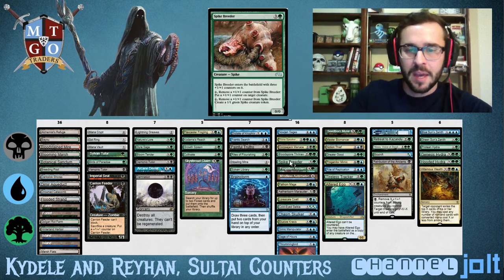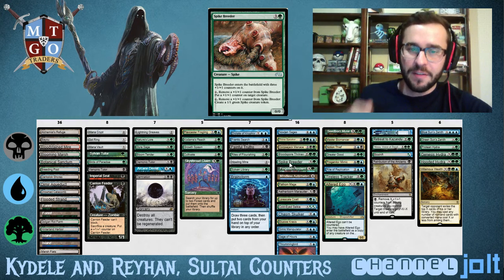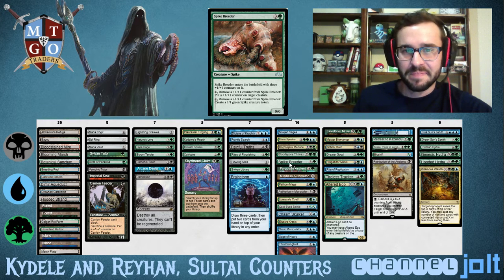and running quicker. They're also running Spike Breeder in here. So it enters the battlefield with 3 counters. For 2 colorless, remove a counter, put a +1 counter on target creature. Then for 2 colorless, remove a +1 counter, create a green Spike creature token. So this is in here just as a little bit of value,